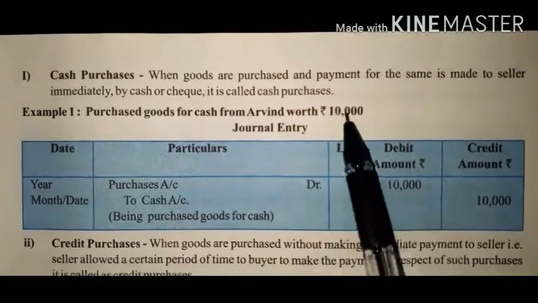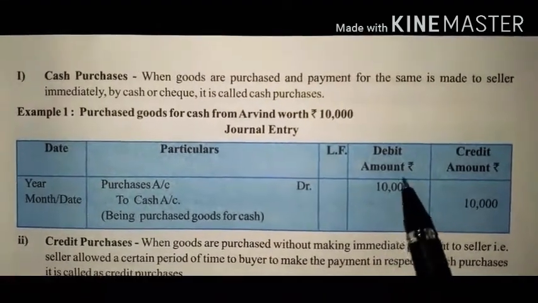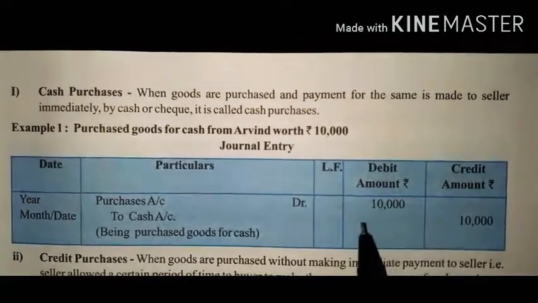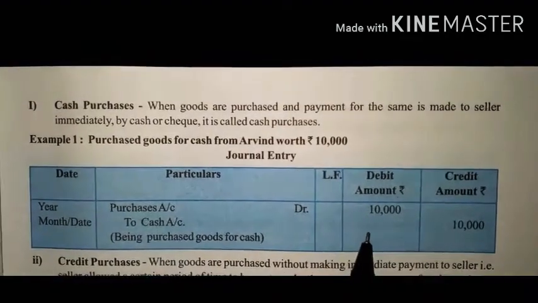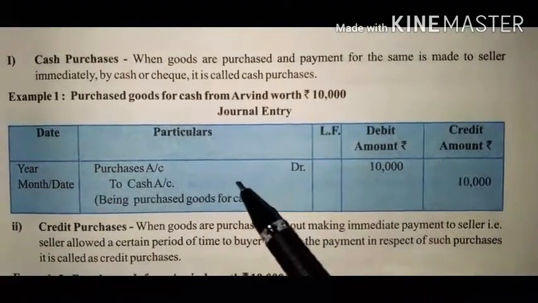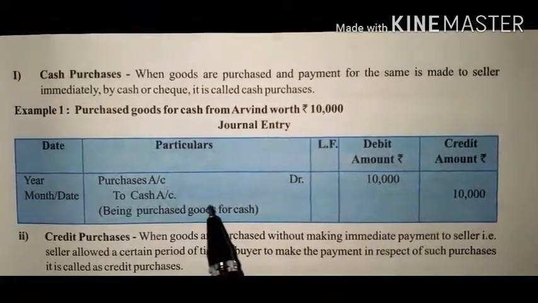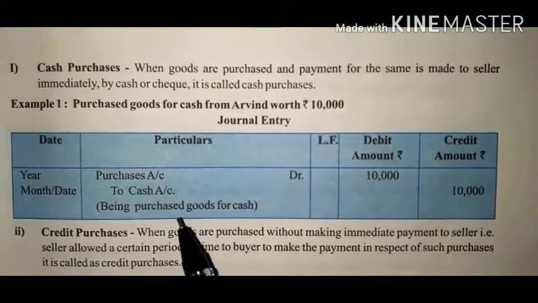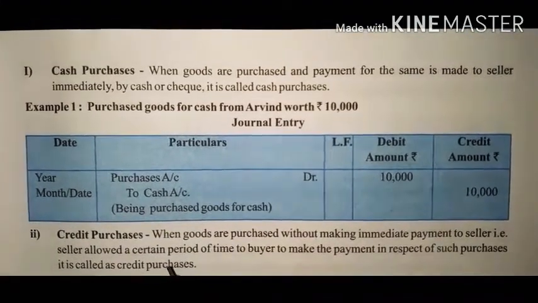So the amount you have to write down, for how much you have purchased, rupees 10,000, in the debit column, because the purchases account is appearing on the debit side, so the amount also will appear on the debit side in the journal. Next, you have made the cash payment after purchases, so the second account will be cash account, and it is going to be a credit effect. Why credit effect? Because we have made payment. What is the rule for cash account? Debit what comes in and credit what goes out.